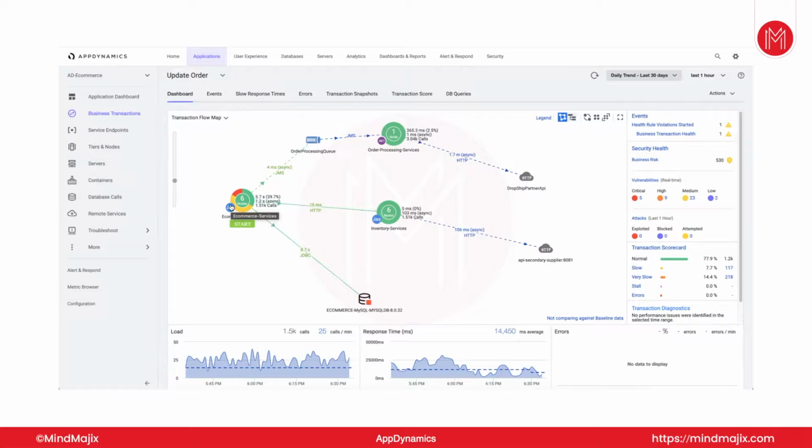What does that mean? Baselining means you define what is normal and what is abnormal for one particular metric, right? Now dynamic baseline means that as soon as a metric is captured and compared to your application's behavior,